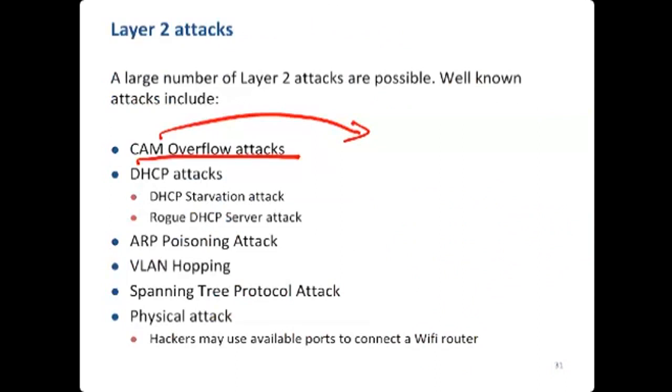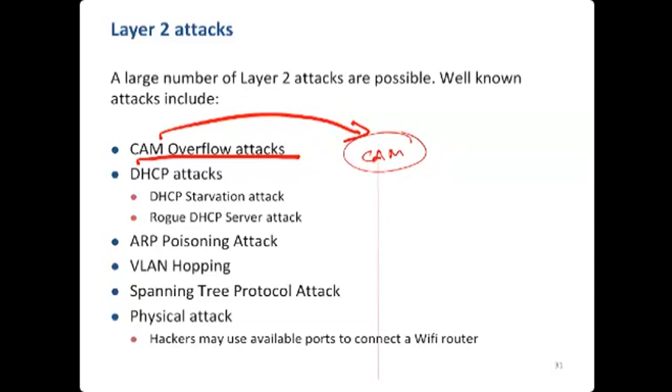At least let me know the full form of this. Okay, it's a content addressable memory, CAM. It's a way of implementing a table based on the content. You do the search rather than based on index, you do search based on the content. It's very similar to the hash algorithm that you have, right?